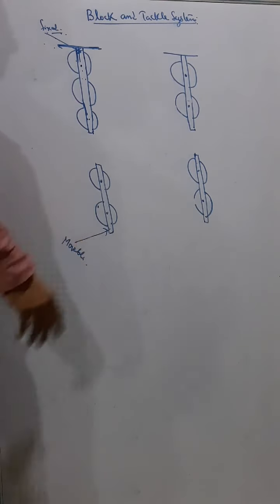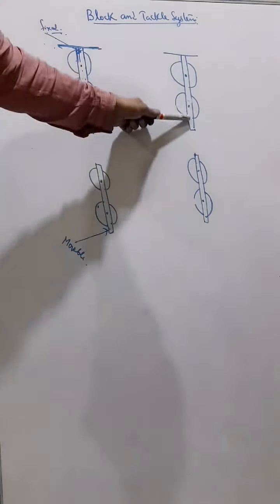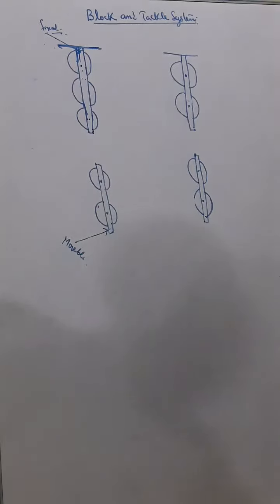So if there are 8 pulleys, here will be 4, here will be 4. So the upper block will have one pulley more or may have equal number of pulleys compared to the lower block. Okay, and now